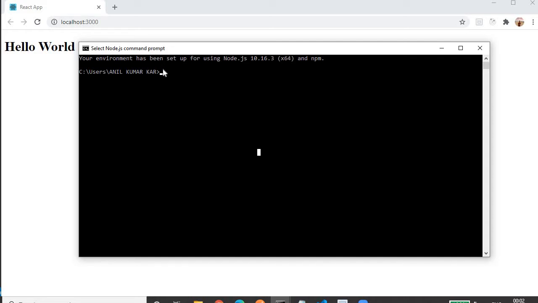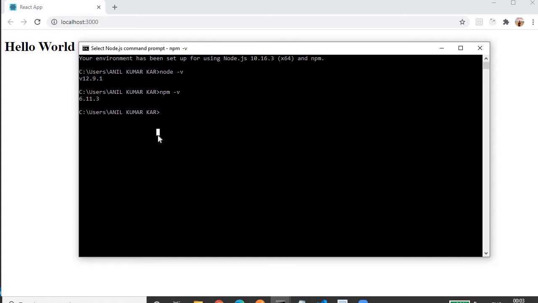Once you download and install Node.js, how can we check the version of Node? We can check it by using node -v. It gives the version of Node that I am using, which is 12.9.1. Node comes with npm also, which is Node Package Manager. So let me check the version of npm also. Node Package Manager is needed for downloading the packages and dependencies that we need in our application. If you get the npm version and Node version, it means your Node.js is installed correctly. So now we are ready to work on React.js.